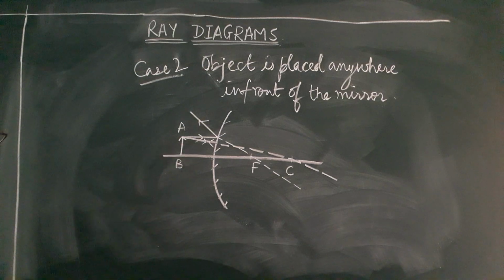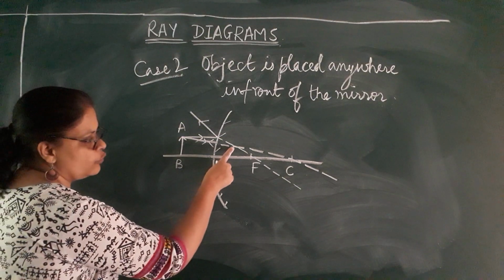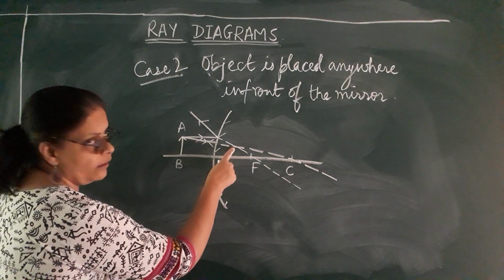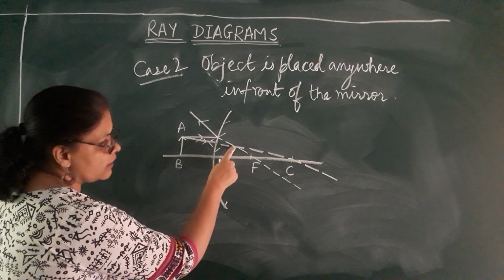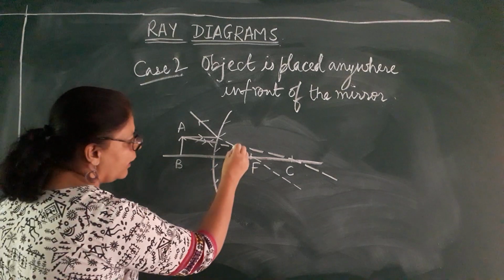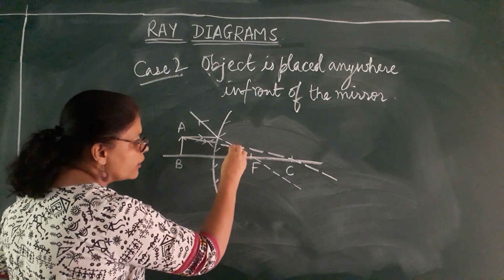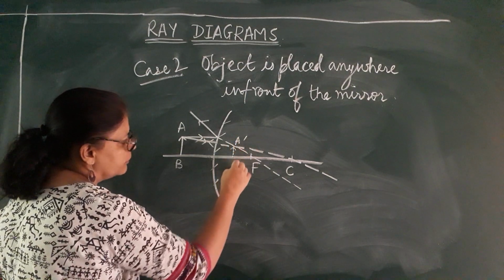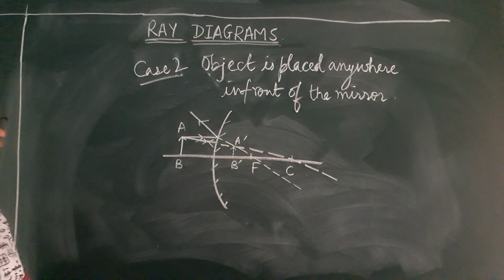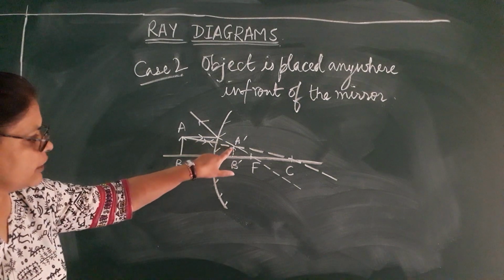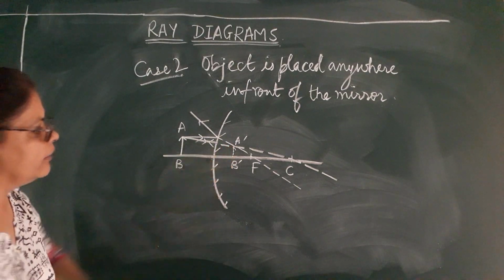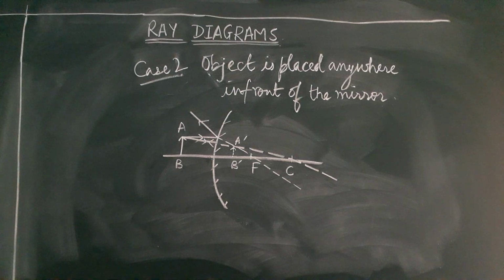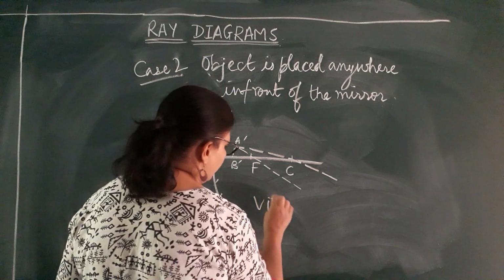Okay, I am using 2 rules. Can you see where the 2 rays are coinciding or bisecting? Here, can you see here? This is a point where the 2 rays are coinciding with each other. There you will get a small virtual dotted image A dash, B dash. Right, children? Here where the 2 rays crisscross each other, you will see that an image is formed, a small image is formed. Okay, and it is a virtual image. So we will say the image is virtual.